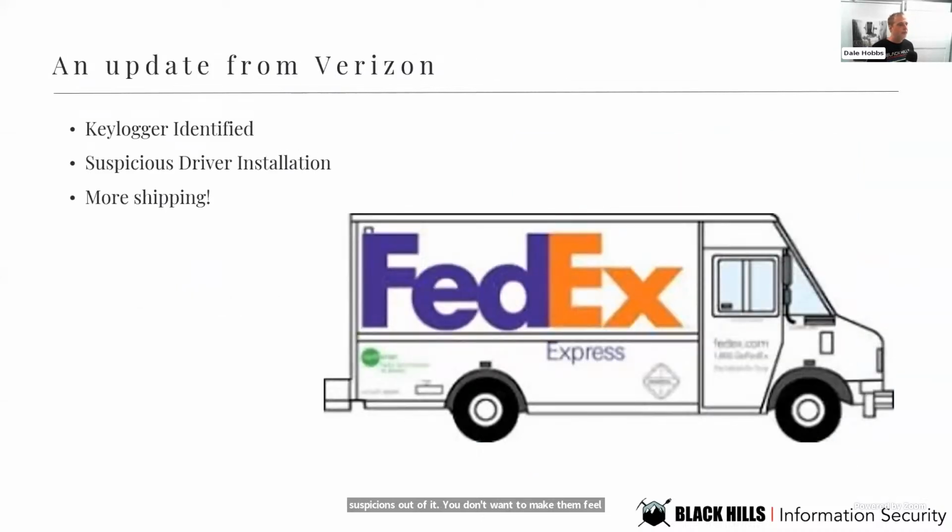All right, so on December 30th, Verizon identified a keylogger within the page file on one of the compromised systems. Fortunately, Acme was able to do a memory dump of the system before they sent it to Verizon for analysis. Verizon also reported some suspicious drivers that were installed on the systems during the compromise timeline. Oddly enough, both VirusTotal and Bit9 reported these files as clean. But the chances are that they're probably just newly created binary files that Bit9 and VirusTotal had not seen before. So had Bit9 been in high enforcement mode already, these binaries would not have been able to execute, and the breach likely would not have happened in the first place.